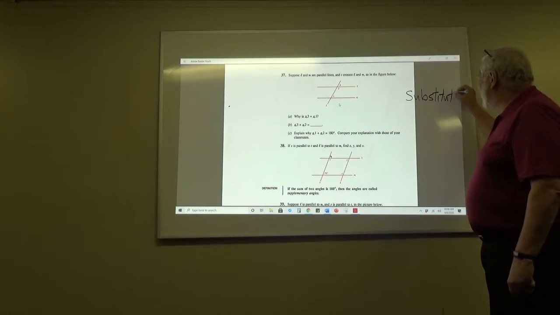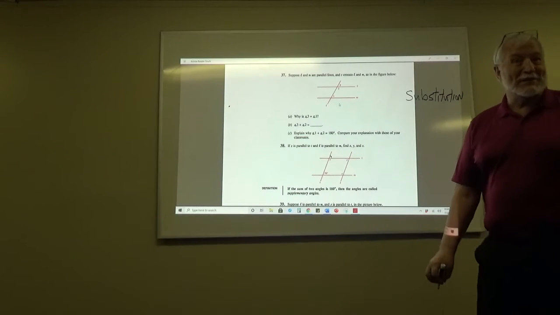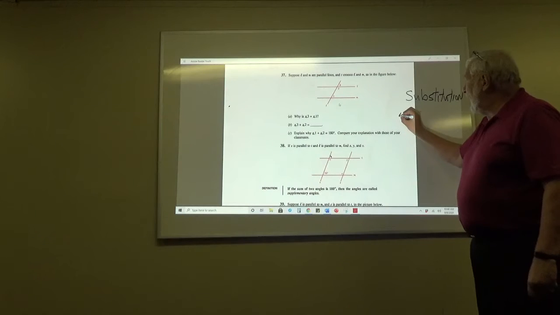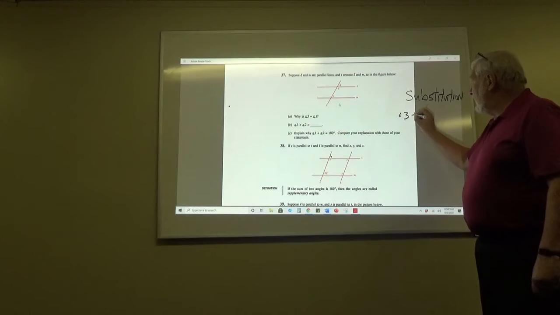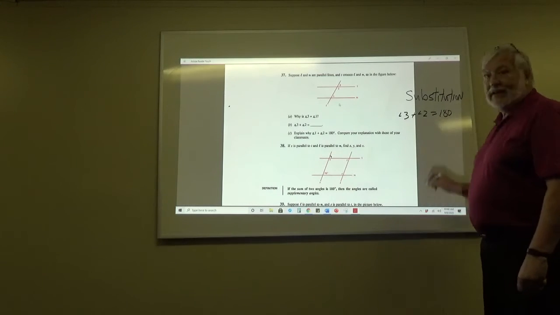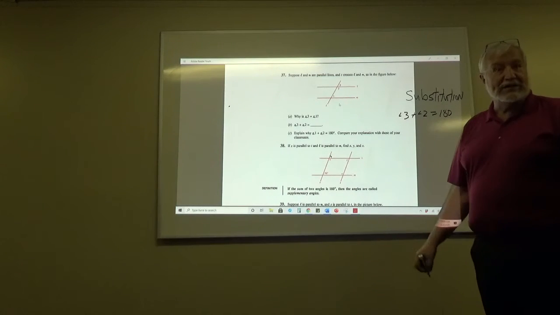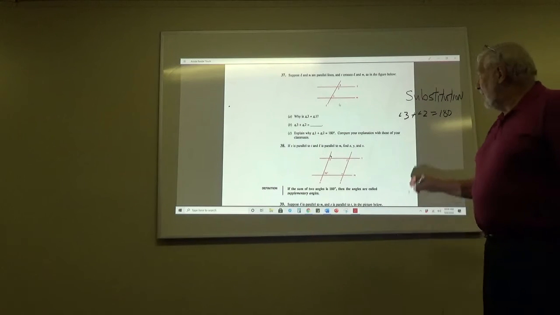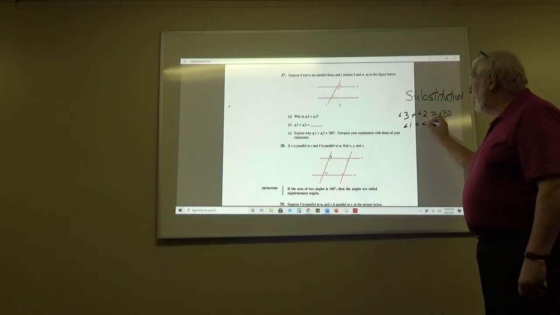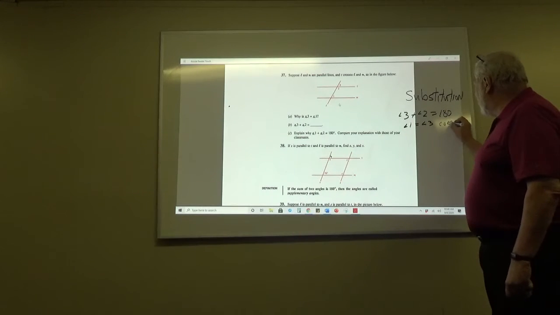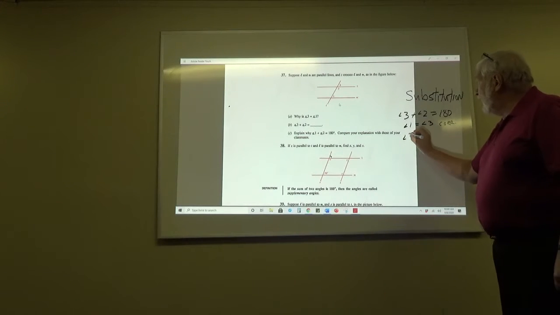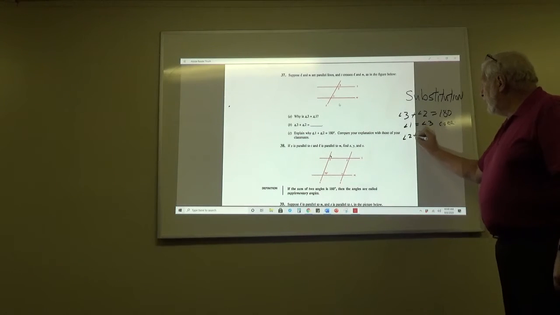Substitute. Because of substitution, we know that angle 3 plus angle 2 equals 180. Right? Why? Because they're adjacent angles. And we know that angle 1 equals angle 3 because they are corresponding angles, and therefore angle 2 plus